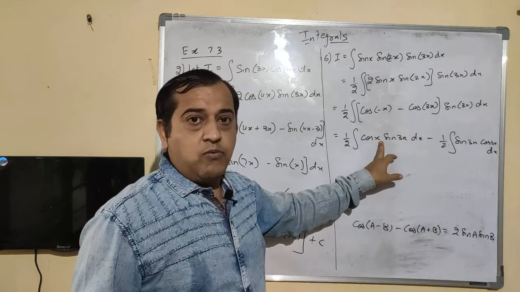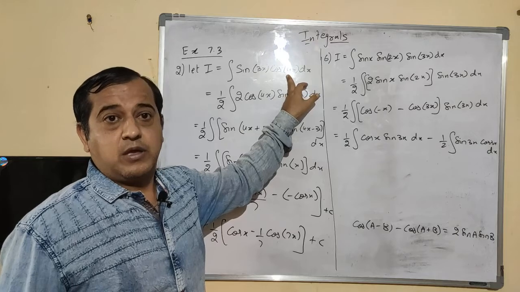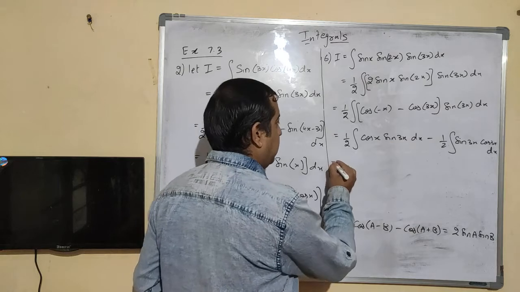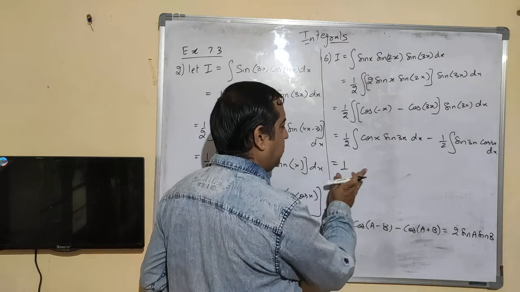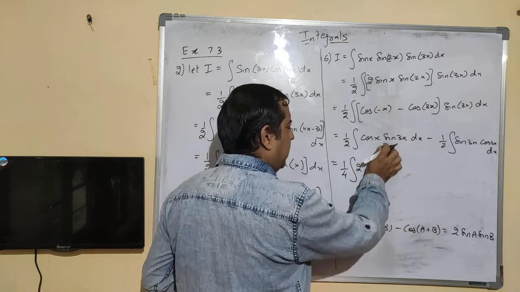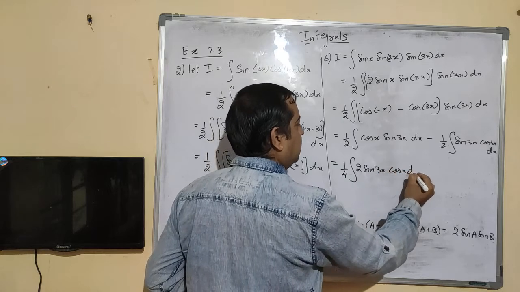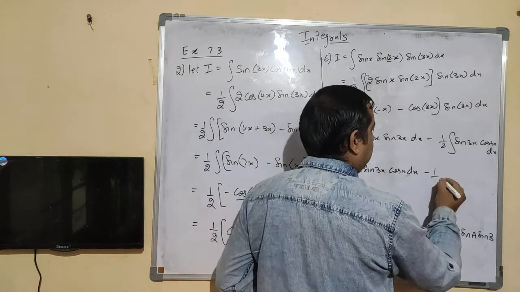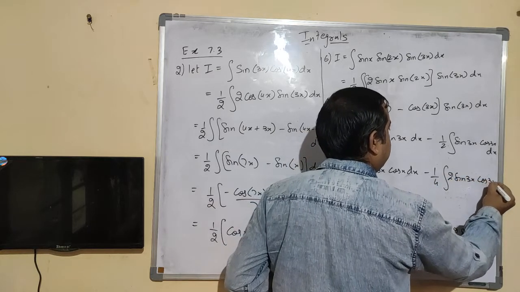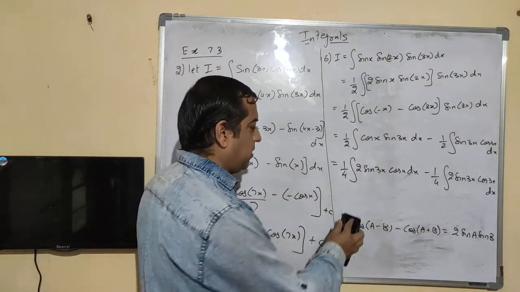Now when you look at this, we've once again come to this type of problem. But now in this case, where there was cos 4x, here there is cos x, which means the sine part has become bigger. So once again you multiply and divide by 2, so here it will be 1/4. This integral 2, take the sine first if you want, sin 3x into cos x dx. Here also minus 1/4 integral 2 sin 3x cos 3x dx. Means once again we multiplied and divided by 2.